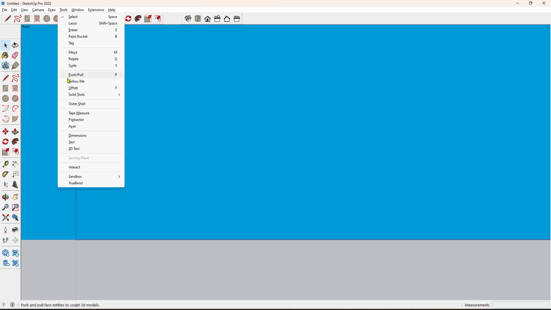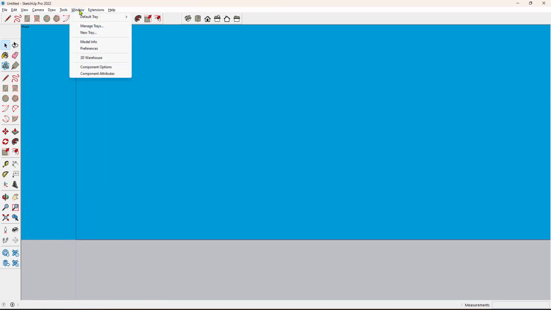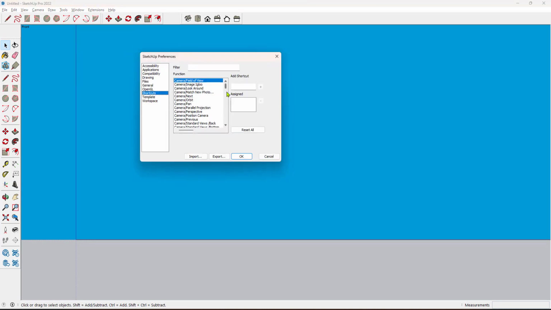In order to customize these shortcuts, we have to click on the window menu bar and click on preferences, and then here we have shortcuts. So here we have a bunch of tools. For each tool you can add a shortkey. If I go with the line command, that is draw a line, we have L already. You can even remove that and add a new shortkey, for example I add J, click on the plus sign to add it and click on OK.